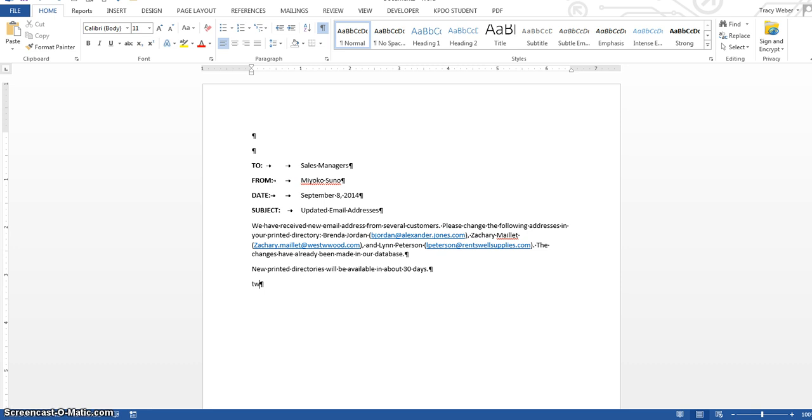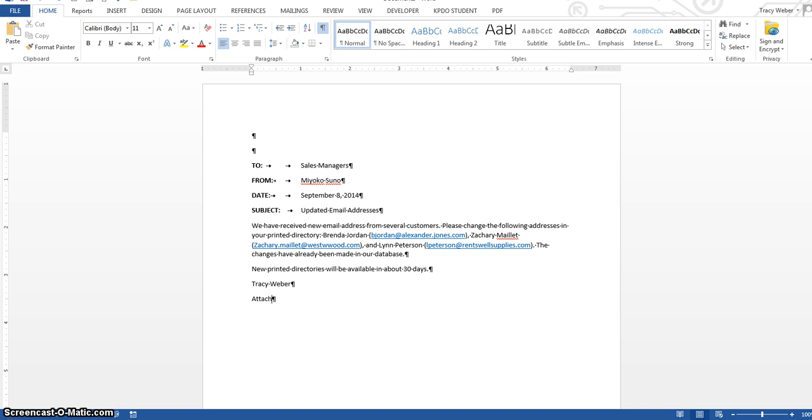Also something to note, items clipped or stapled to the hard copy of a memo and electronic files attached to an email are noted as attachments. Items included in an envelope with a memo are noted as enclosures. So you're going to key enclosure or attachment one line below the reference initials if you have to. Okay, so if you were sending maybe a hard copy of a list of these emails, you would hit enter and type,